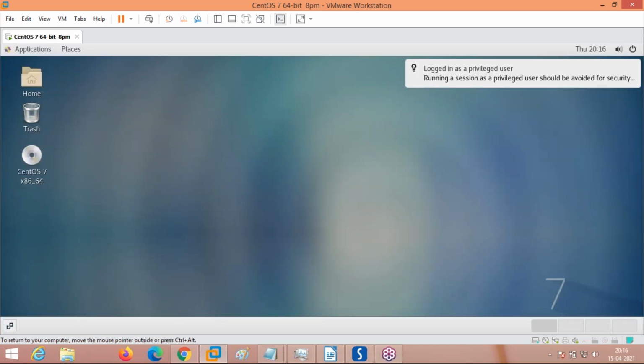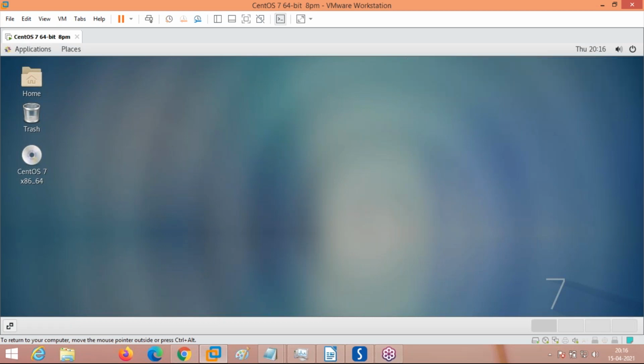See, now we are logged into the Linux server operating system in GUI mode. So this is how the desktop screen looks if you select the GUI option. I will let you know how many different GUI options there are. This is called a GNOME desktop, and there is one more desktop called KDE desktop. I will show you how to select those desktops. For the time being, just remember this is how you log in. Now we have logged into our system.